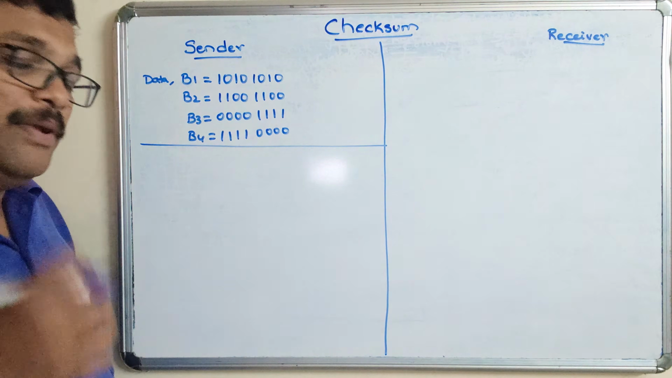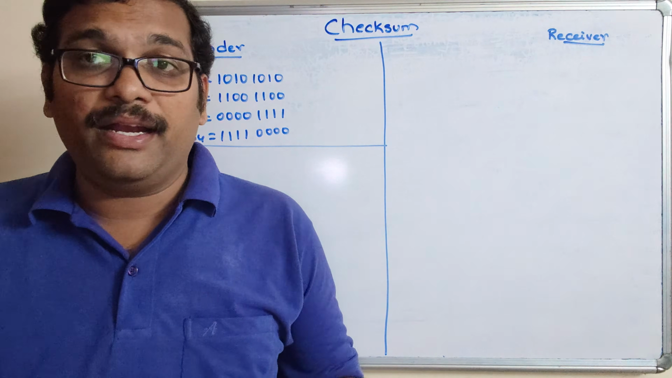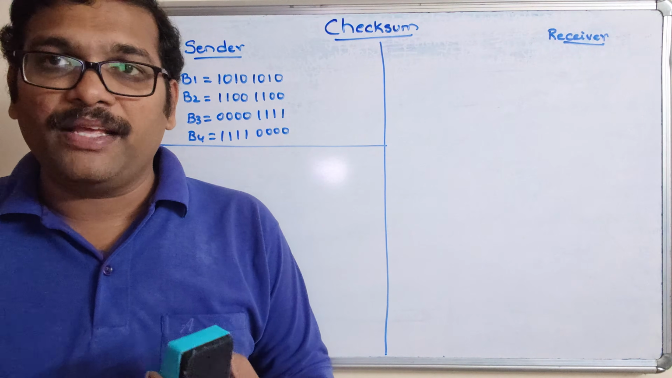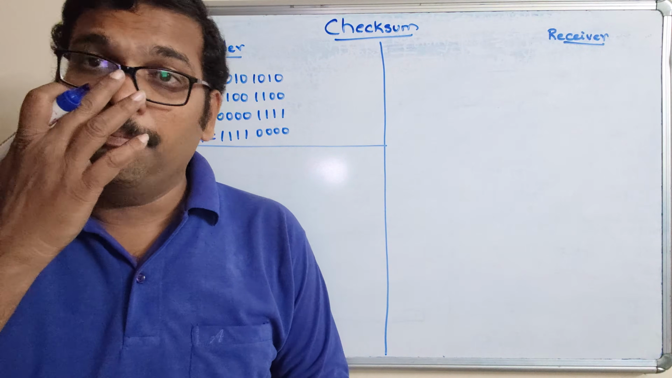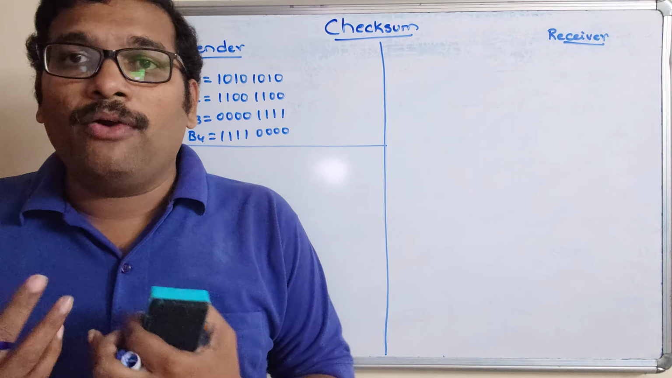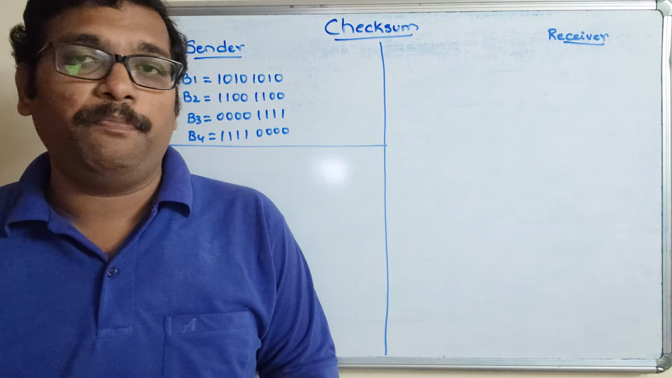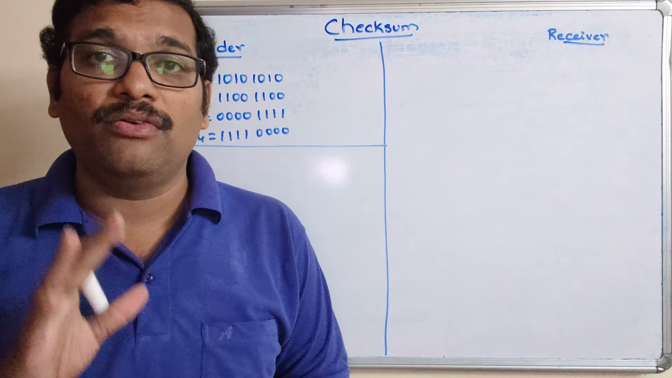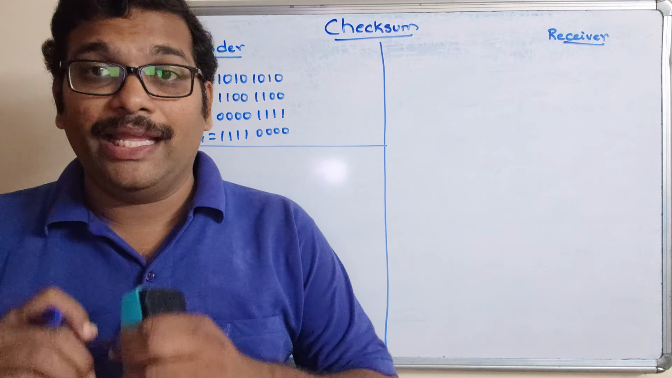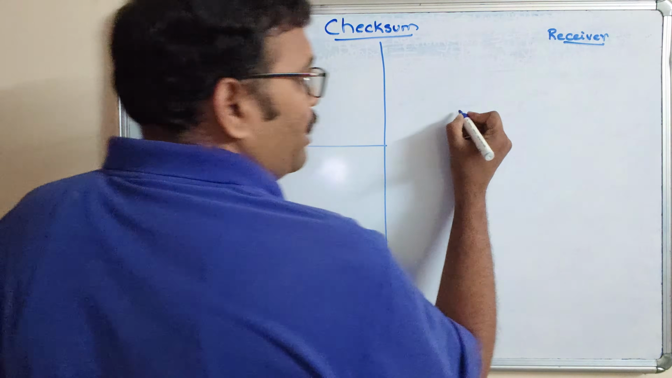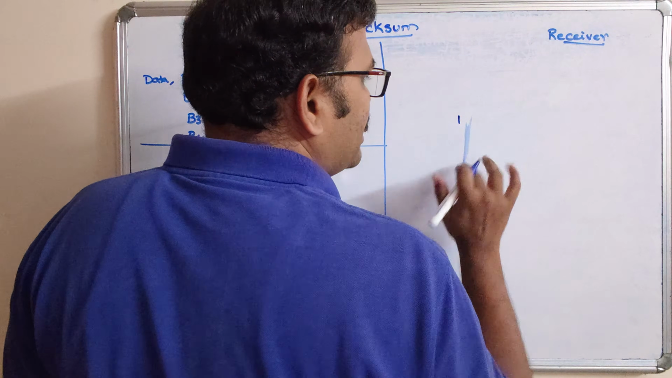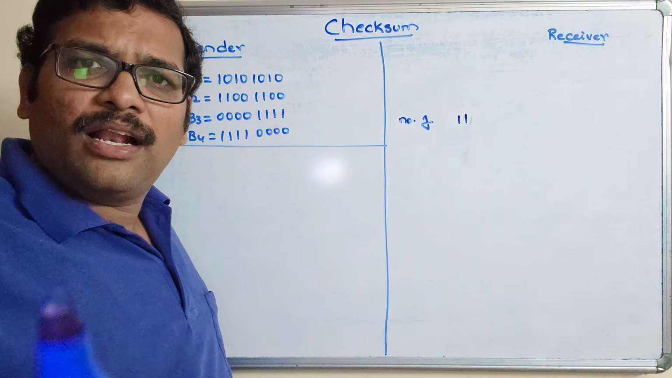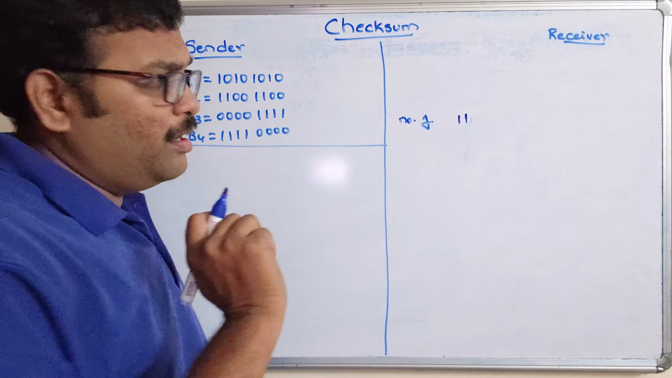Here you might have one doubt: if the complete data cannot be divided into a fixed number of blocks, then you can apply padding, that means adding dummy bits, zeros. You should pad these 0 bits on the right hand side only for this checksum error detection. For example, if the number of bits is 11,